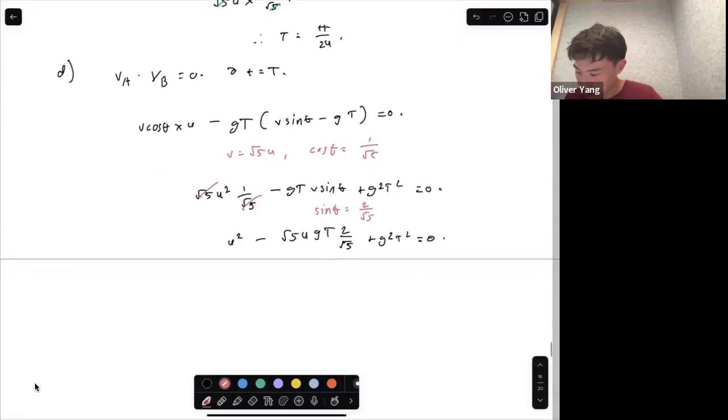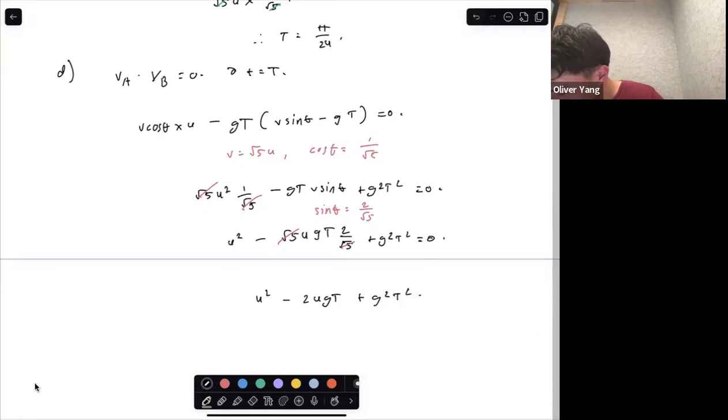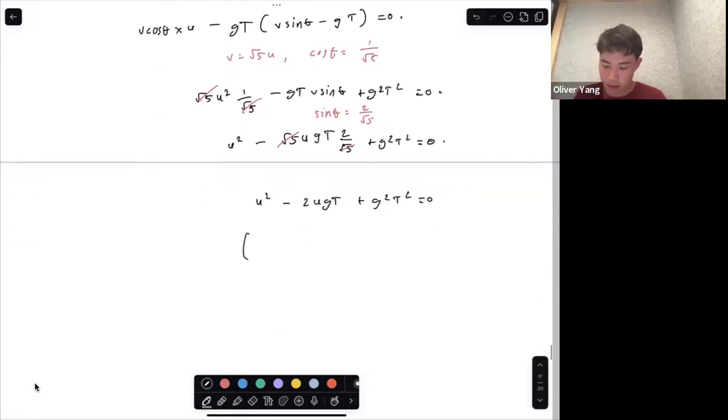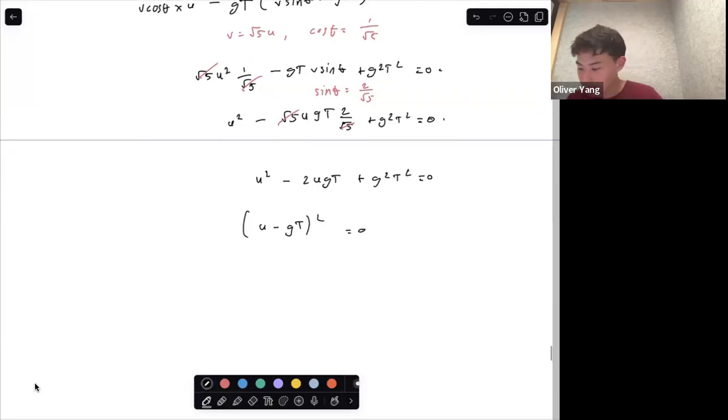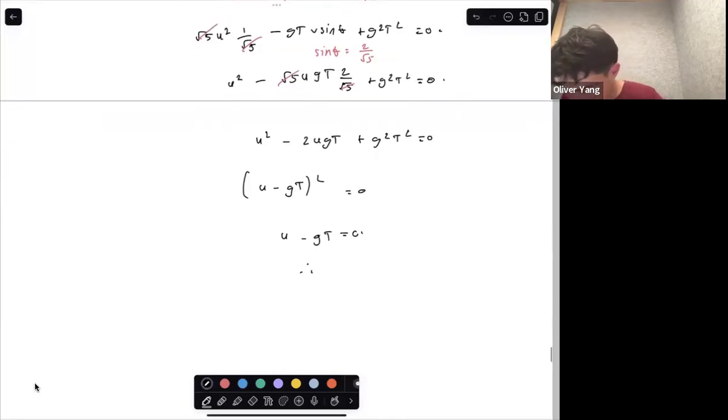And then the root 5s cancel out, and you get the equation u squared minus 2ugt plus g squared t squared. We can see that this is a perfect square, so it becomes (u minus gt) squared equals 0. Or you can use the quadratic formula, whichever you like, honestly. So this becomes u minus gt equals 0. Therefore,